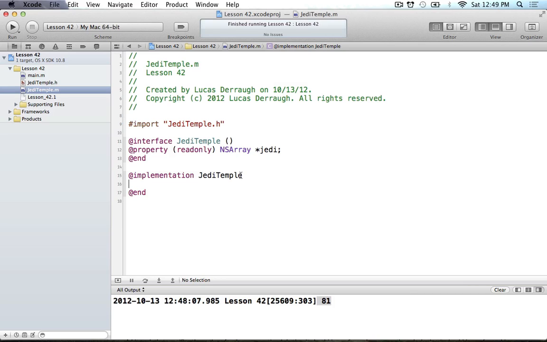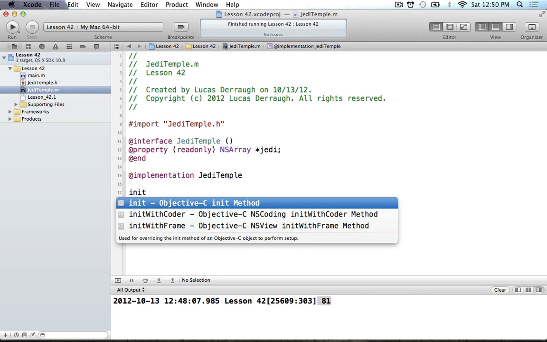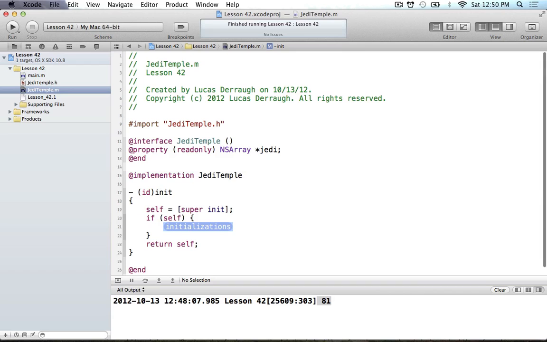If I really wanted, I could just make a variable called NSArray Jedi. But anyway, it doesn't really matter. I'm sticking to the property stuff for right now. So with that, we're just going to have this NSArray, like I said, with the names of some random Jedi. So we'll use an init method right here, and we'll just simply initialize the Jedi that are in this